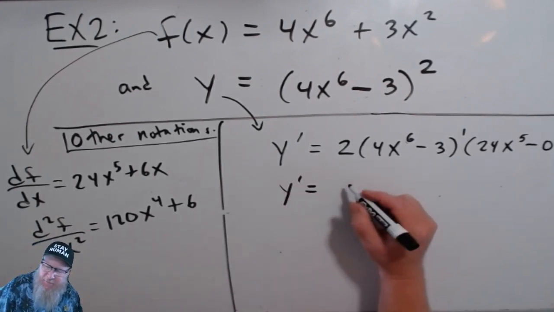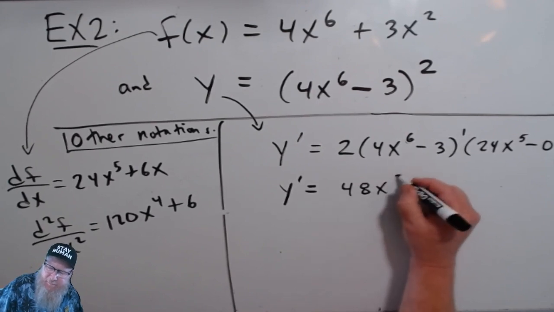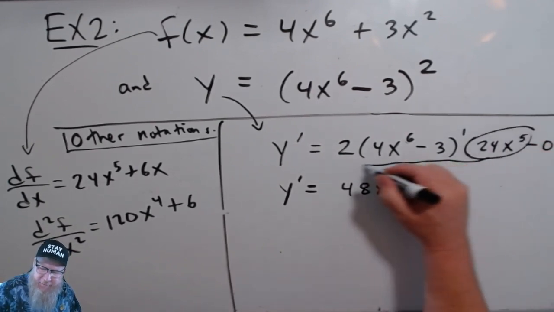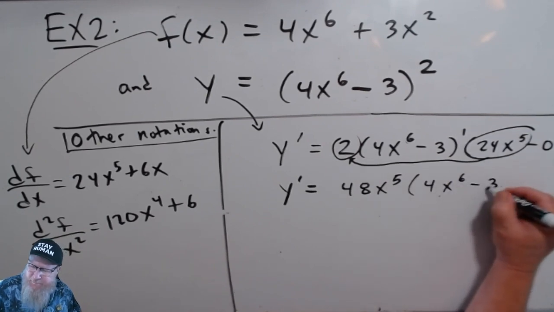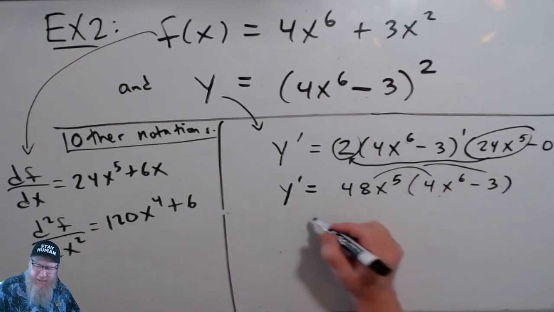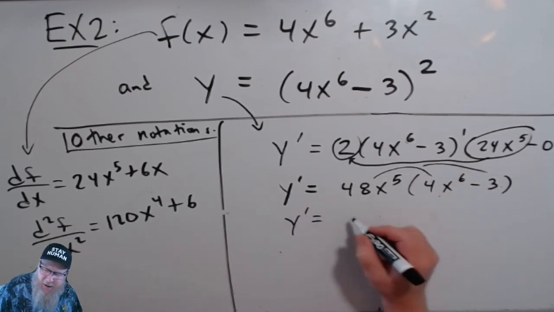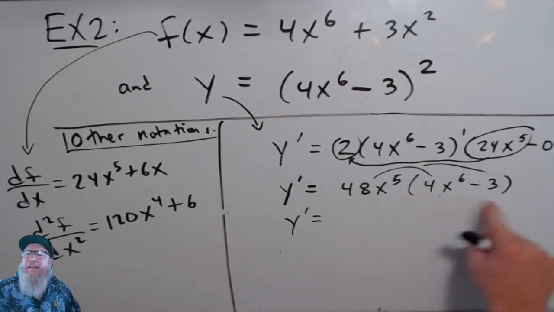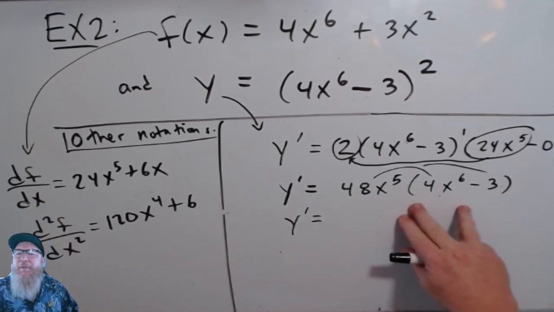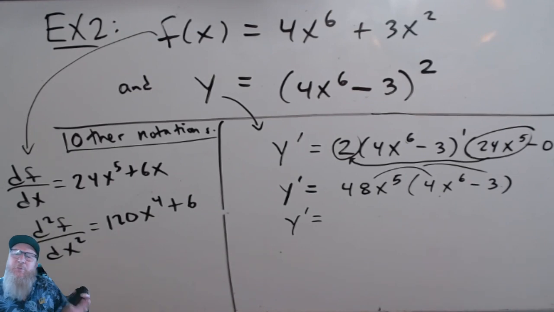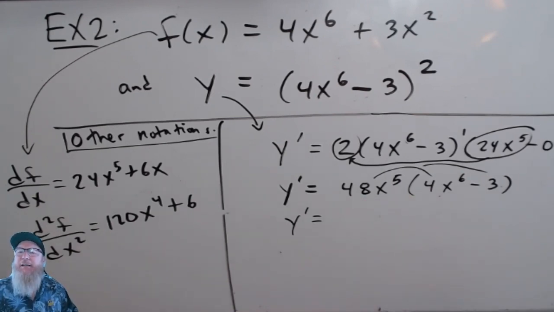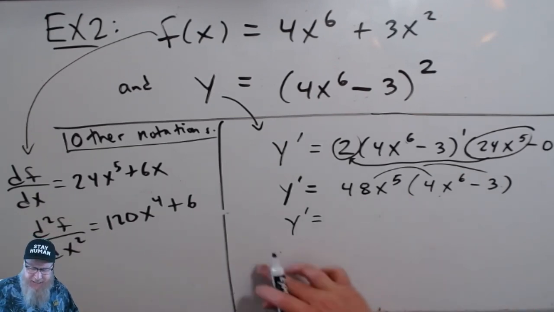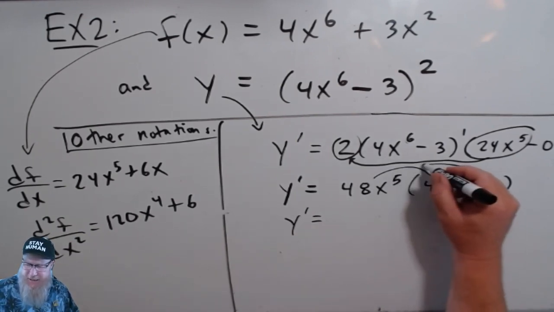Now, I like to simplify this by putting the 24 out in front and multiplying it by the 2, and then distributing. And that way, I don't need to use the product rule. You could certainly leave it in the factored form, but then you would have to use the product rule. So it's really a matter of choice. If it seems easier to use the product rule, then leave it in this form and go ahead and go